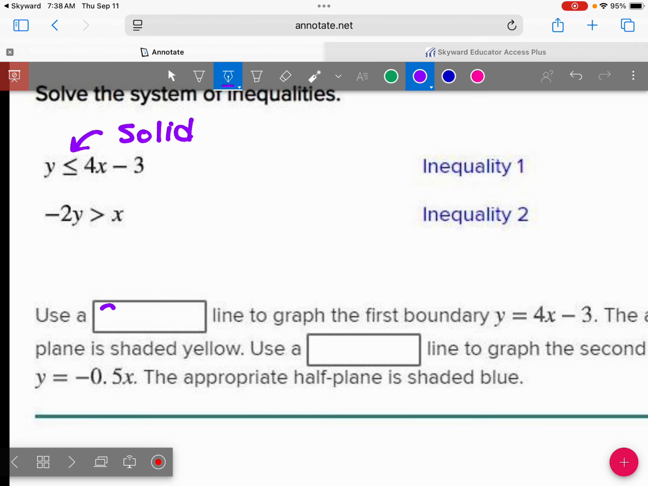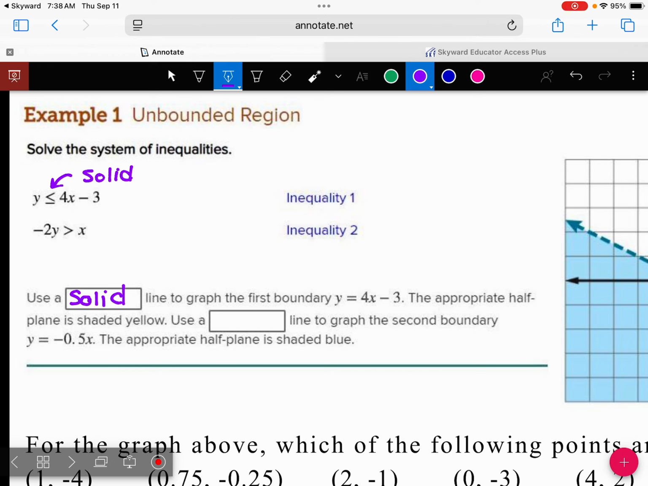And we used a solid line to graph that first boundary. And then they did the test point and they shaded it yellow, which does not print ever. So you could shade that with your colored pencil. That would be a good option, to use one color for this one. And for this graph here,